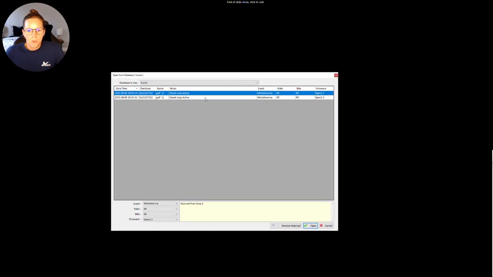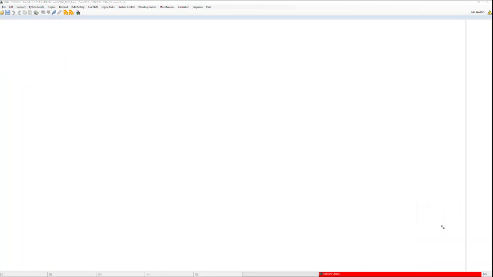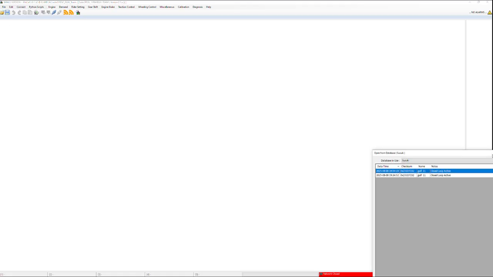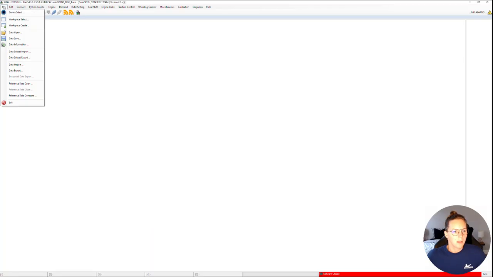Here, it's going to prompt us to select a map from the existing database. We will not use any of this because we're trying to import something new. So in this case, we just click cancel. And here we have this blank page. We'll go to this little folder here. Oh, my bad. So we'll go to File, Data Import,